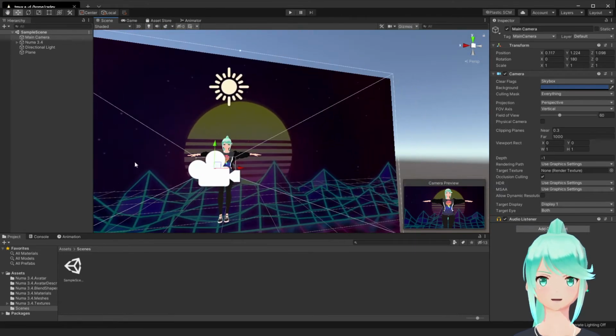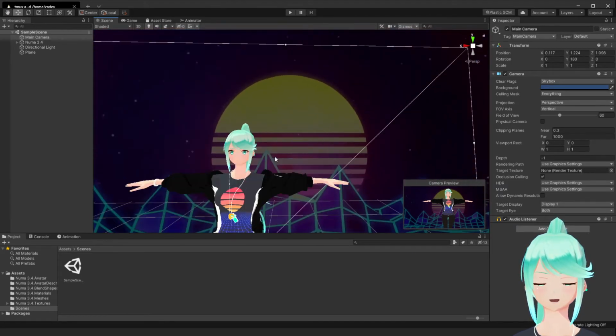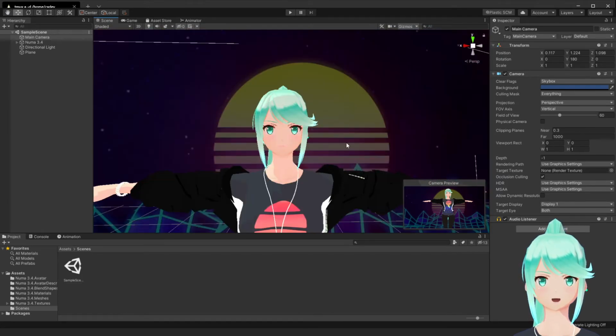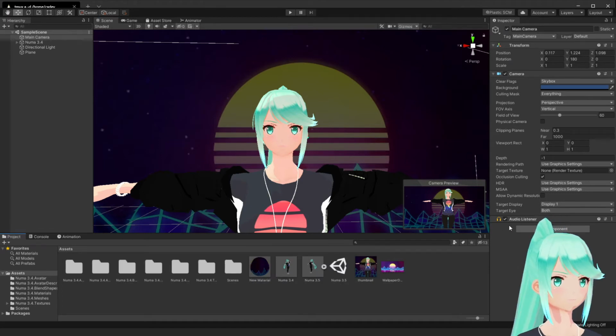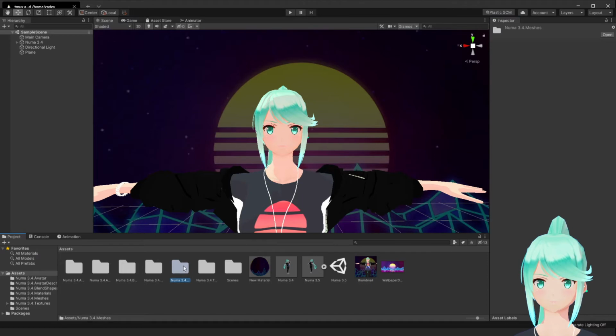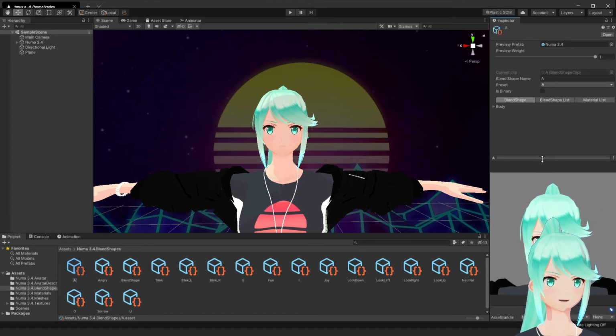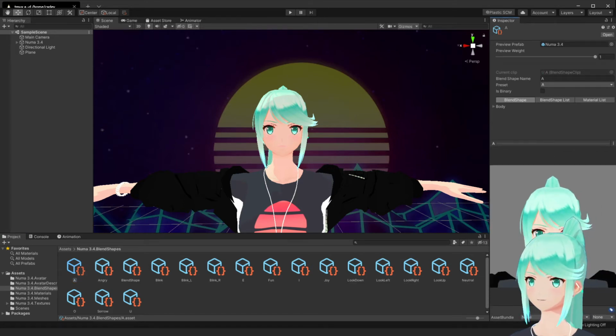For anybody that deals with Unity professionally, I apologize in advance at how bad I am with this. Audio listener, yeah, that's fine. Avatar description. Blend shapes. Blend shapes are the one. So now this previewer down here is